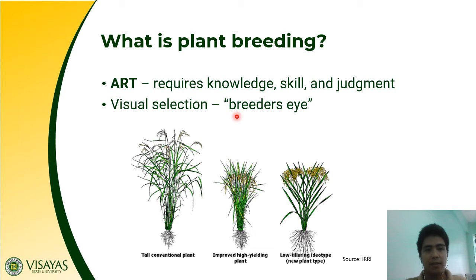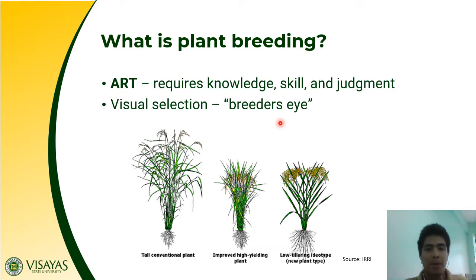Plant breeding is not only a science, but it's also an art. And as an art, it requires knowledge, skill, and judgment. We also have here selection, and remember, selection is an art of discriminating biological variation within a population to identify and choose the best ones. So, as a plant breeder, he must have a visual selection, or what we call breeder's eye, in order for him to easily identify variants. And if those variants are interesting and superior, then those variants will be advanced and will be evaluated for the next couple of seasons, years, and